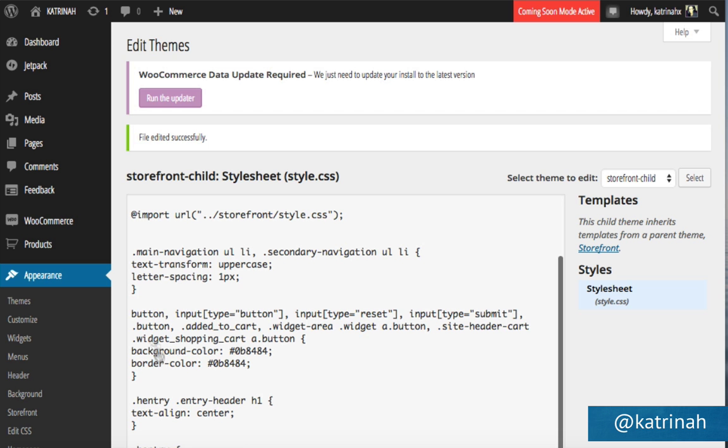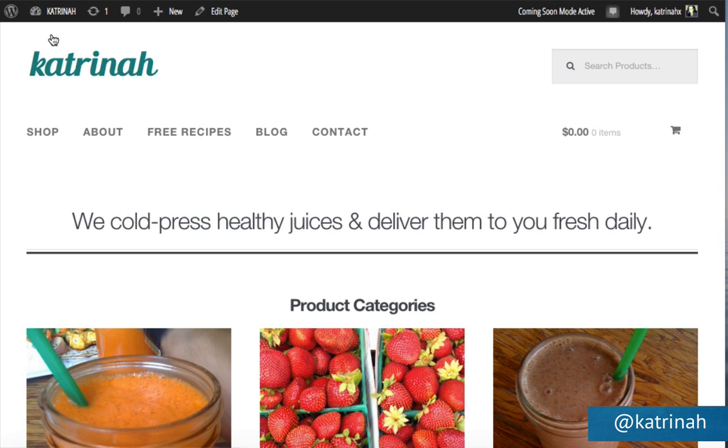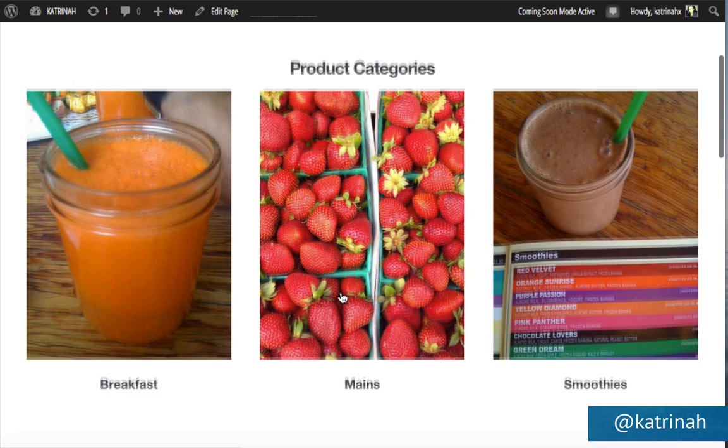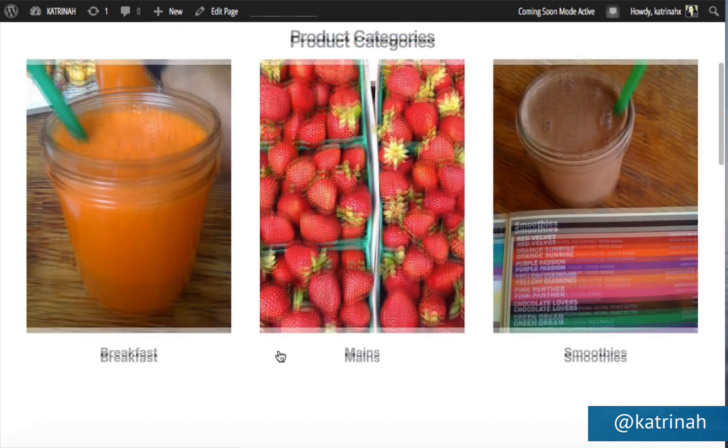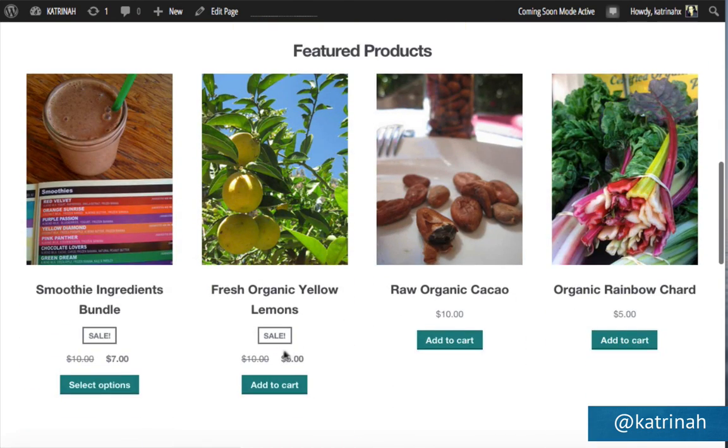Now, when we go back to the home page by going up to the top and clicking on Visit Site, now we'll see that we have our product categories. The number here is still not displayed because if you recall earlier in the video, I wanted to keep a very clean look and not have a number next to each of these different categories. I just wanted the title, so we have that. That's good. Then now scrolling down, now we can see our sale price, which is perfect. We have the original price, it's struck through, and we have the new sale price.